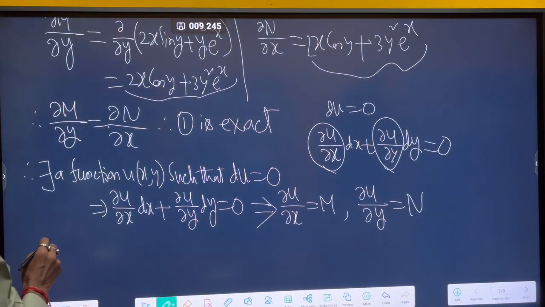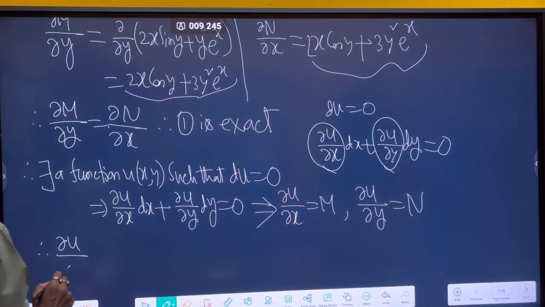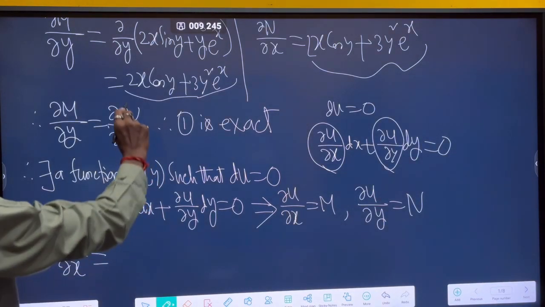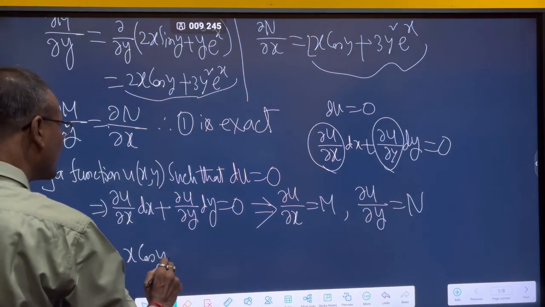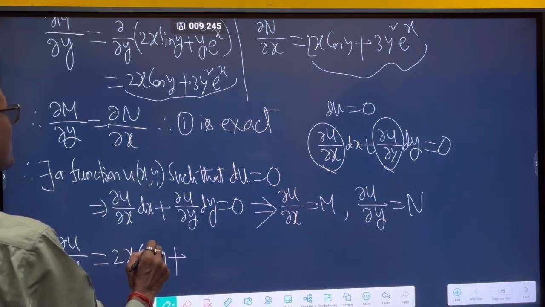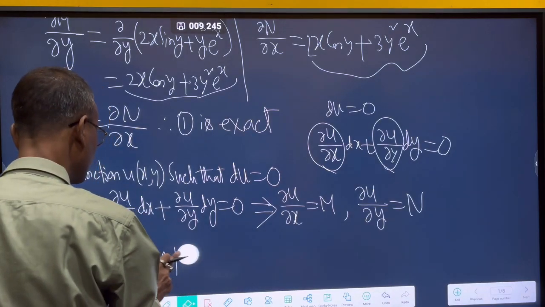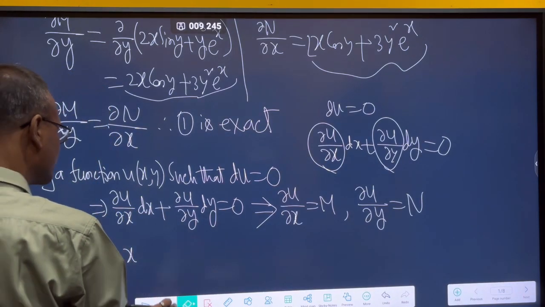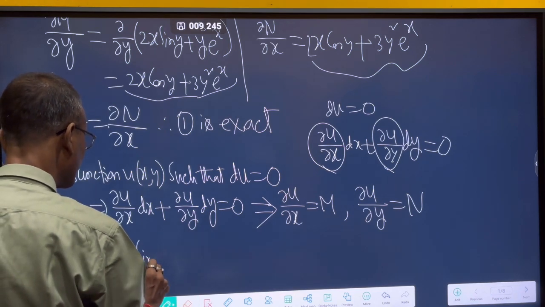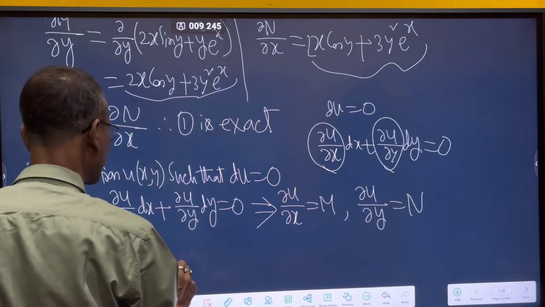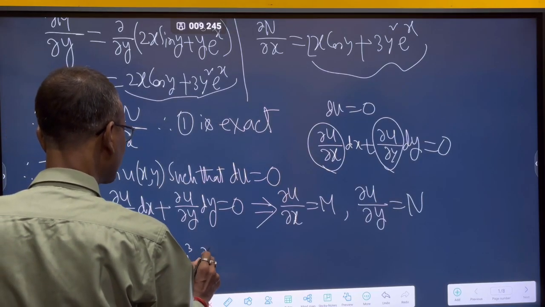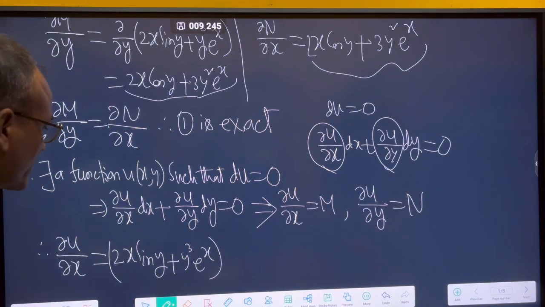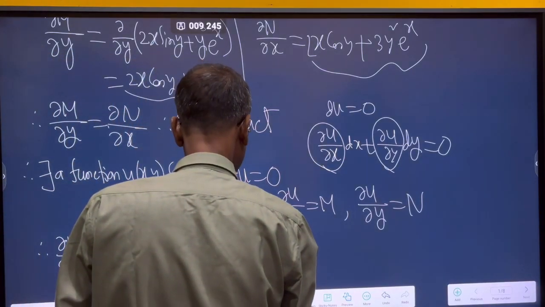Therefore, del u by del x equal to M means twice x cos y plus twice x sin y plus y cube e to the power x plus y cube e to the power x. You will get this. And del u by del y,